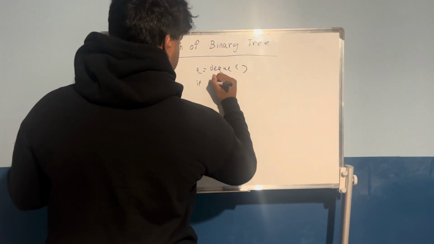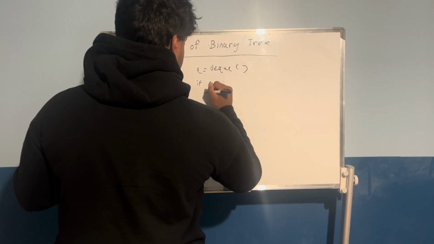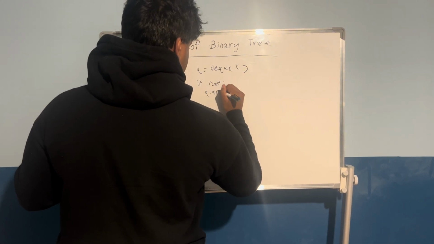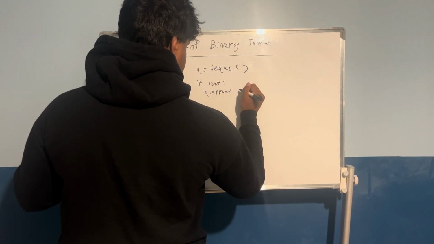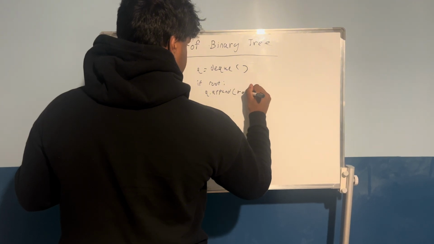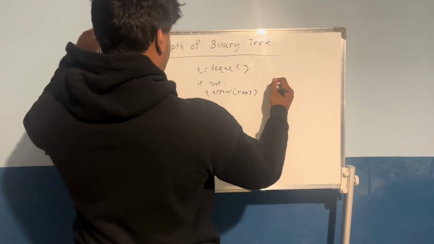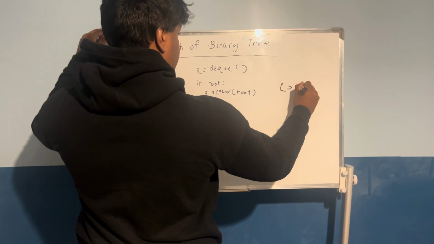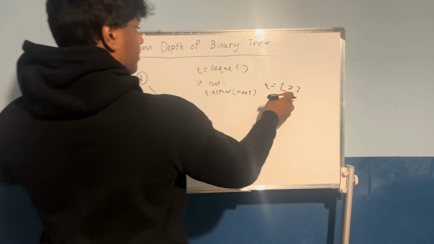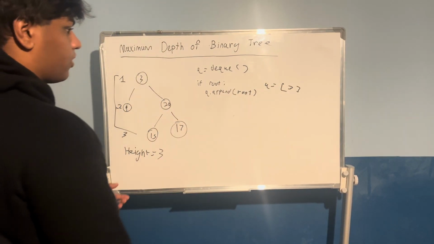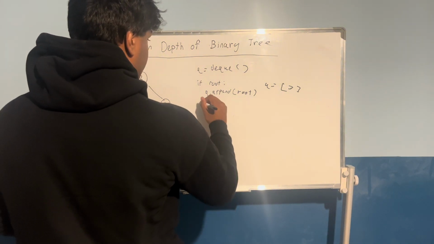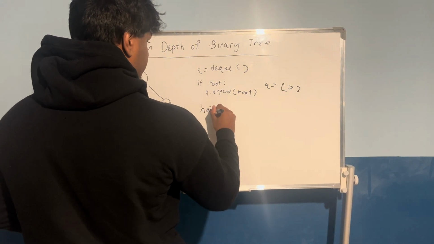So if root, queue.append root. So what we have here is 3, and the root is in the queue. And after that, we want to initialize our height. Say height is equal to 0,